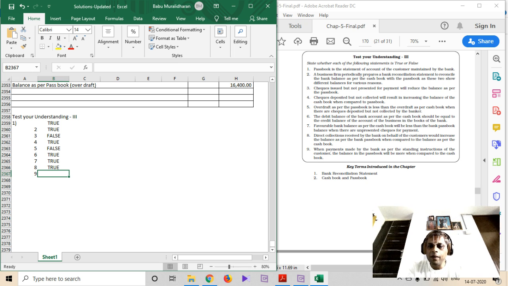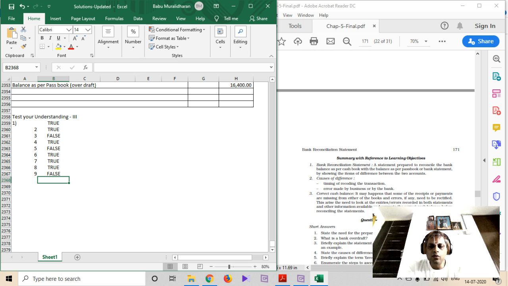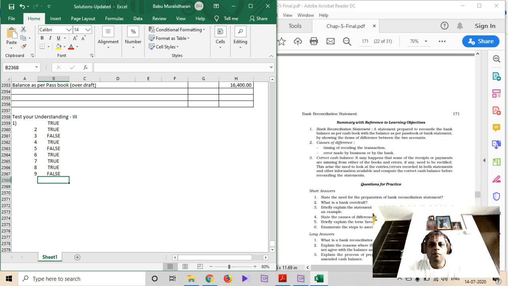Hope the students have understood this. Let's summarize what we have understood. We'll go into the exercises after this. We'll also go into the learning objectives, and also do the questions for practice. But we have understood so far what a bank reconciliation statement is, what favorable and unfavorable balances as per passbook and cash book bank column are, and what types of errors can come in, timing differences or posting errors, etc. So let's get into some of the exercises in our next class.